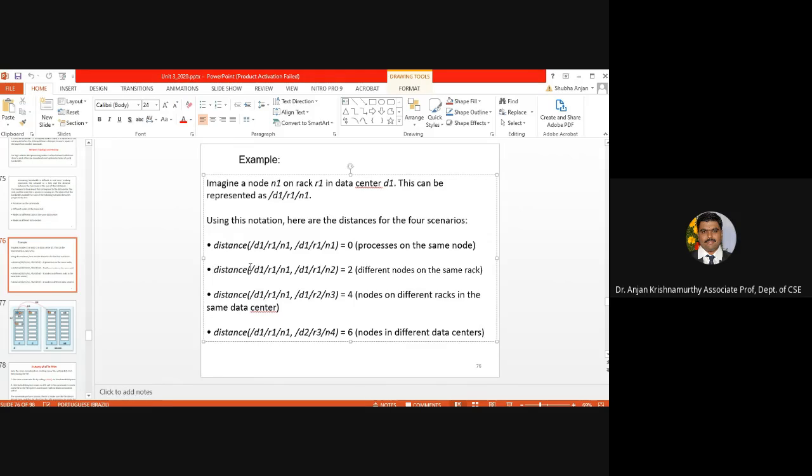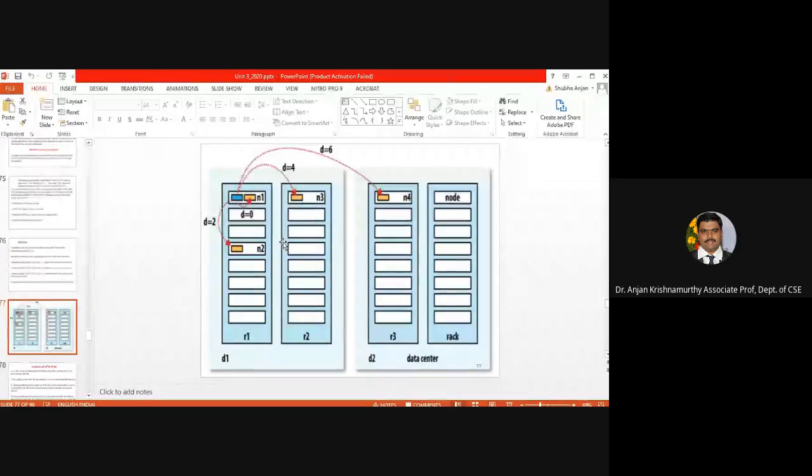For a process located on different nodes of the same rack, the standard distance will be 2. Similarly, for nodes on a different rack in the same data center, the distance will be 4. And for nodes located in different data centers, the distance will be 6. You can see that in this particular figure, there is a visualization given for it,